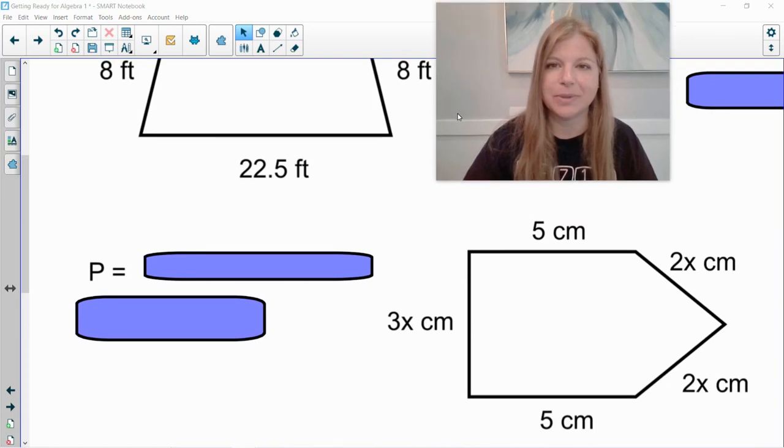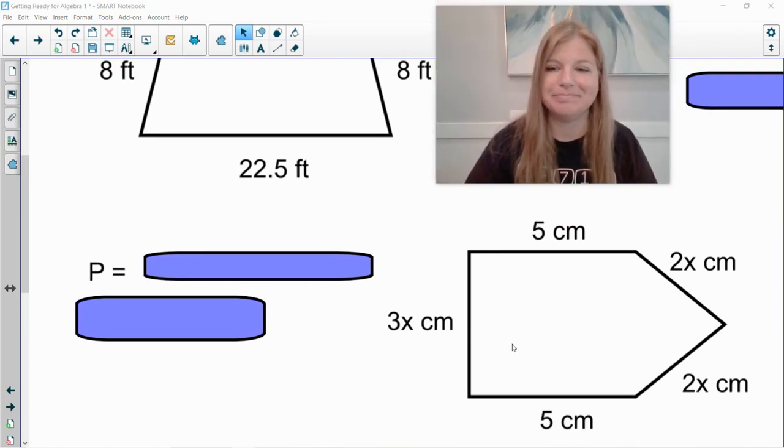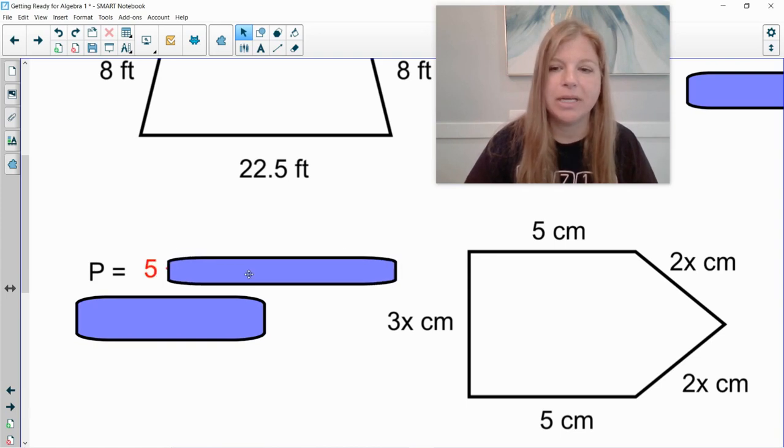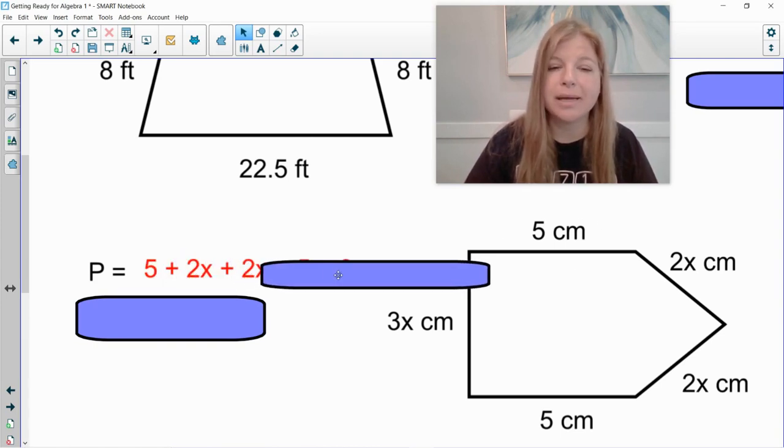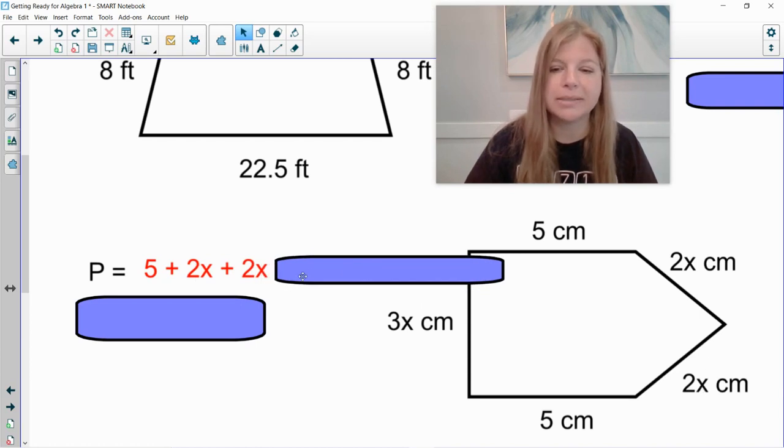Let's take a look at this next one. Also basic. Do you know what the name of the shape is? There's 5 sides. It is, hopefully you said pentagon. It is a pentagon. And I'm just adding up all these sides. Doesn't matter even what side I start with. So if I start up top here with the 5, I would do 5 plus 2x plus another 2x plus